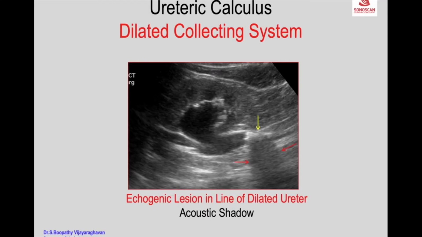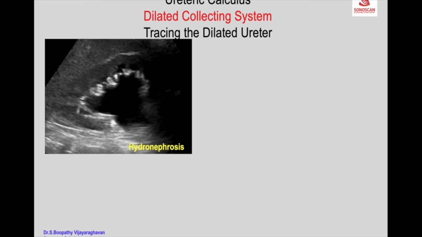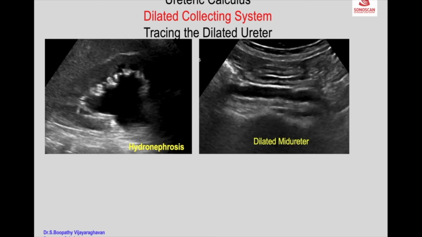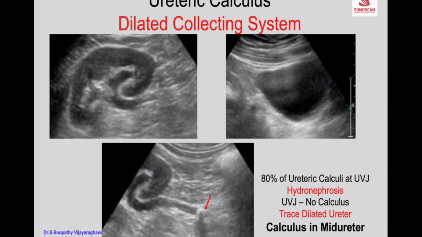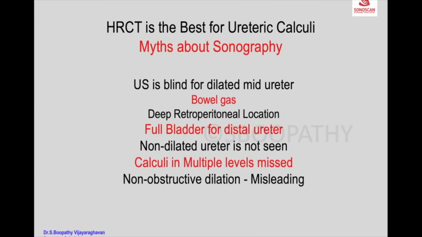Ureteric calculus. Here it is in the upper ureter, with a dilated ureter above and a dilated pelvicalyceal system. Tracing the dilated ureter, we can find the ureteric calculus, actually at the junction of the upper and mid ureter. That it is due to the calculus, and the ureter may be dilated below the calculus also because of the common cause